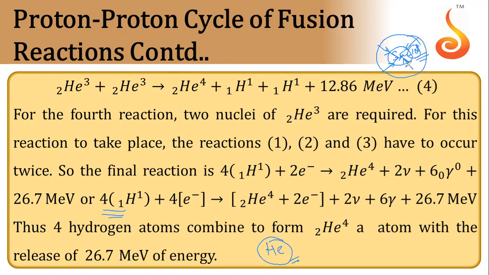It is also estimated that the age of our sun is 5 into 10 raised to power 9 years. After this time, the burning of hydrogen will stop inside the sun, and the sun will start to cool and will collapse under gravity. This will again raise the core temperature of the sun, and the outer envelope will keep expanding, and it may even engulf the earth, destroying planet earth. But that will take a huge amount of time, that is 5 into 10 raised to power 9 years. Thank you.